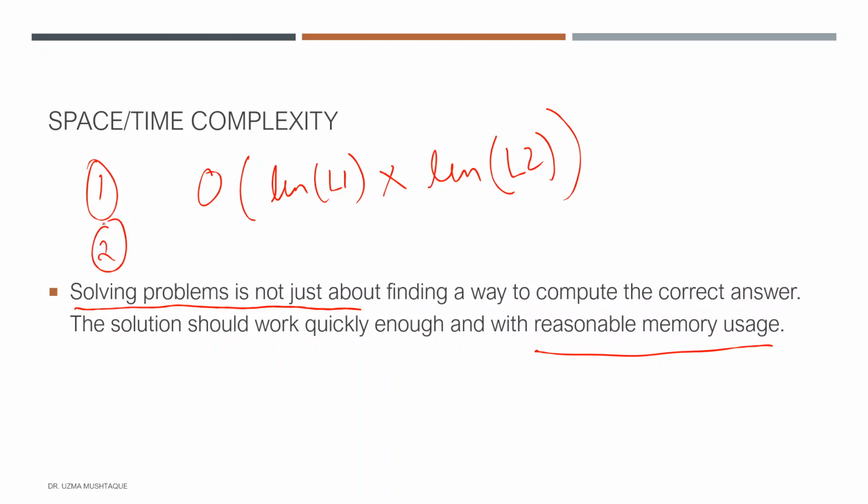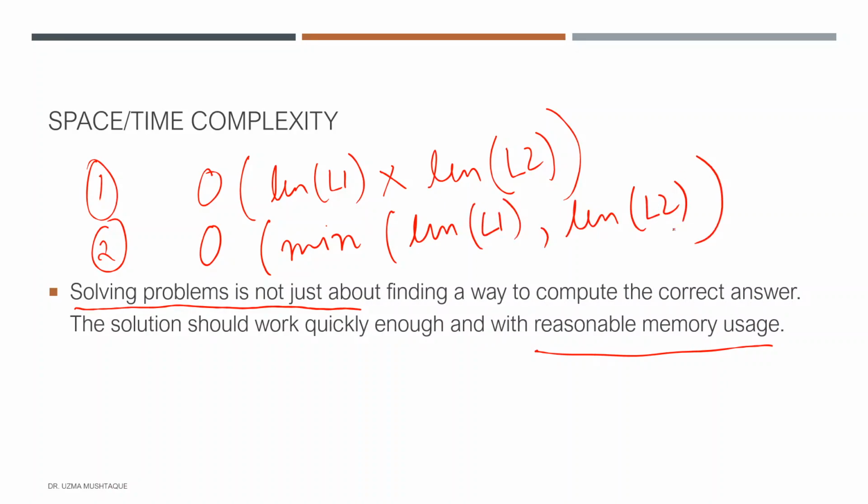Similarly, the time complexity of the second solution approach is way faster than this one. Why? Because we're using a hash table, which in this situation was a set if we were using Python, right? So then the complexity is going to be whichever is the minimum of length of L1 or length of L2. And just by looking at these, if you're familiar with the big O notation, you can tell that the second approach is way better and we would rather implement that.